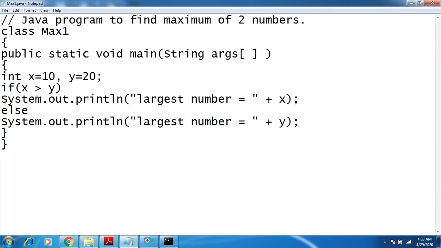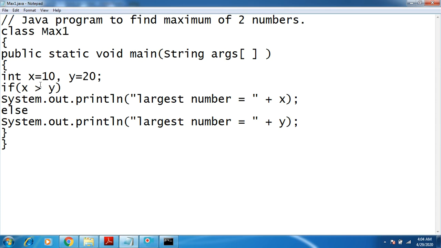Already we have studied the relational operators used in Java. Then based on the result of the condition, any one statement will be executed. If the condition is true, whatever is there immediately after the if will be displayed. If the condition is false, whatever you write in the else part will be displayed as the output of the program.